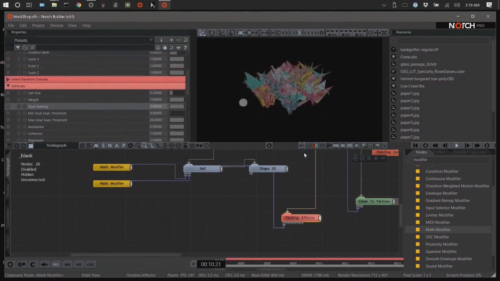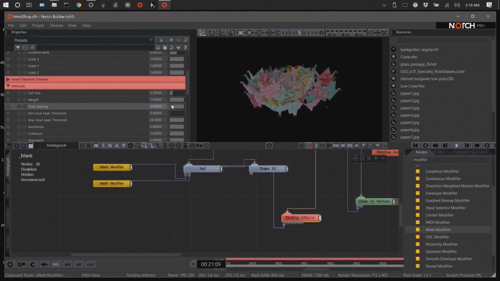Oh, sorry. Goal seeking. ゴールシーキングという値、デフォルト5なんですけど、それを50してみてください。